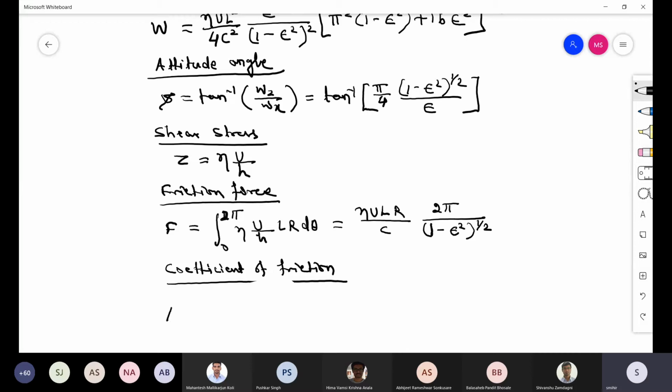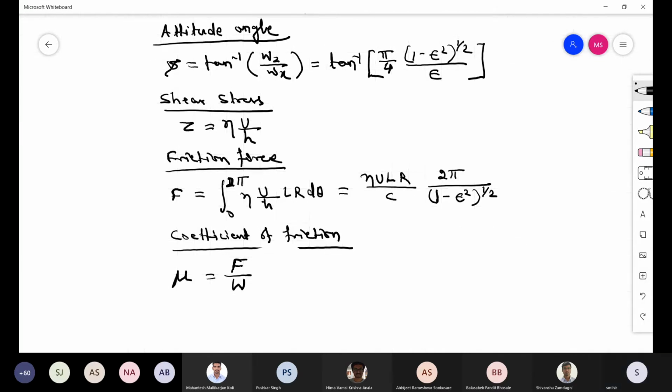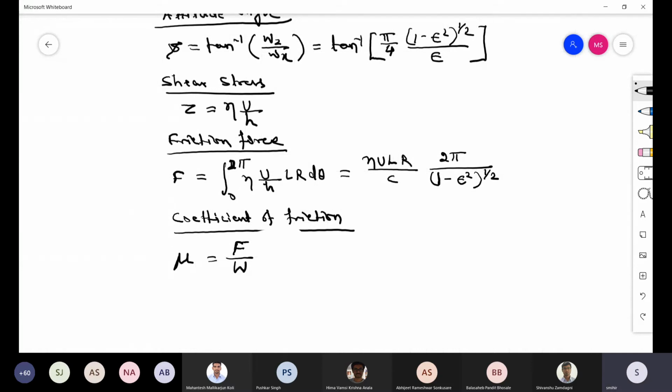So coefficient of friction is mu equal to F by W. Now you substitute the value of F and W. So you should be able to find like this, mu R by C. Actually you should get C by R on the right side. I'm taking it to R by C on the left side, pi square S divided by 1 minus epsilon square to the power 1 by 2,